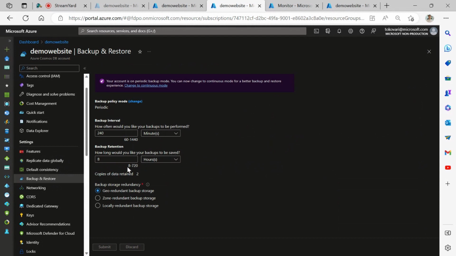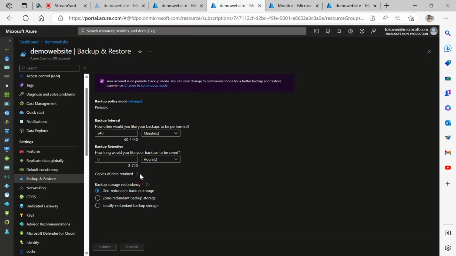Here I can see the number of snapshots of data that I'm retaining, 2 in my example, and for how long they are retained. This number, 2 snapshots, is determined by the frequency with which backups are taken and for how long they are retained. By default, Cosmos DB provides the first 2 snapshots for free, but if I were to configure, for instance, hourly backups and preserve them for a week, that would mean 168 snapshots of data. The cost for that would add up quickly.